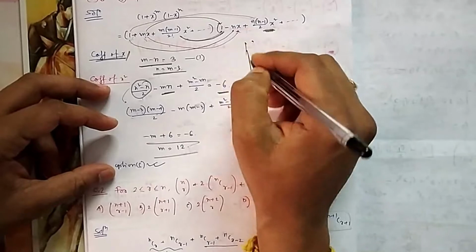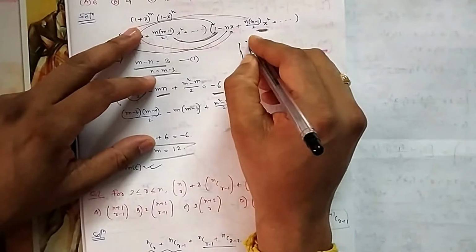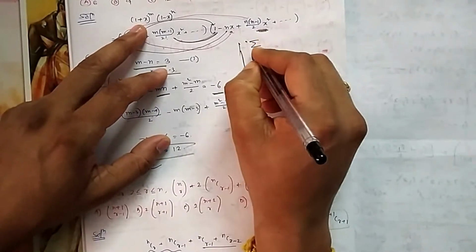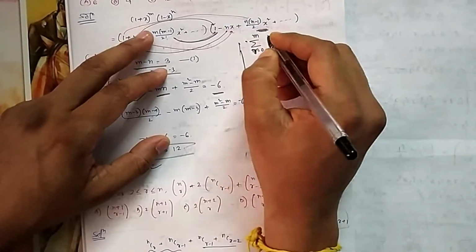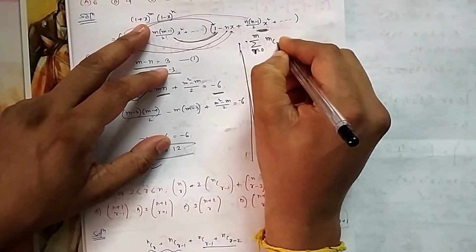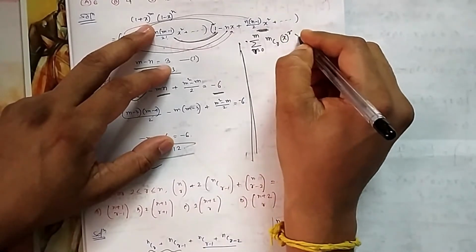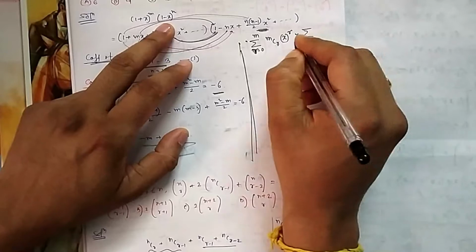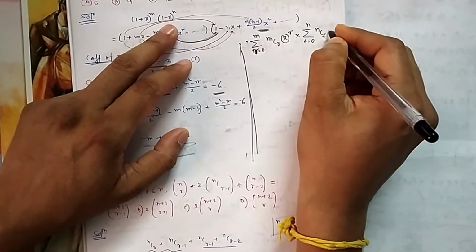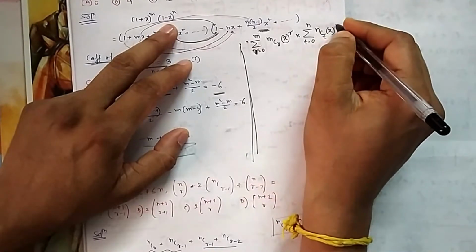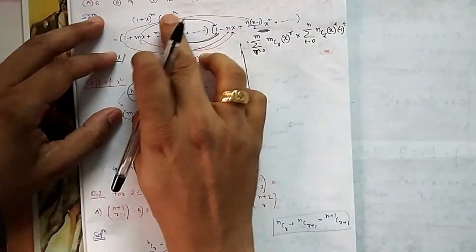You have already seen in JEE main questions, we have solved one question using the double summation method. So you can use this double summation. If you write it in summation format, what was the format? r equal to 0 to m, the highest value is m, mCr, and it is x to the power r, multiplied by this one. If we write again summation, let me take t equal to 0 to n, nCt, and then x to the power t, but here minus 1 to the power t is also there, because there is a minus term.